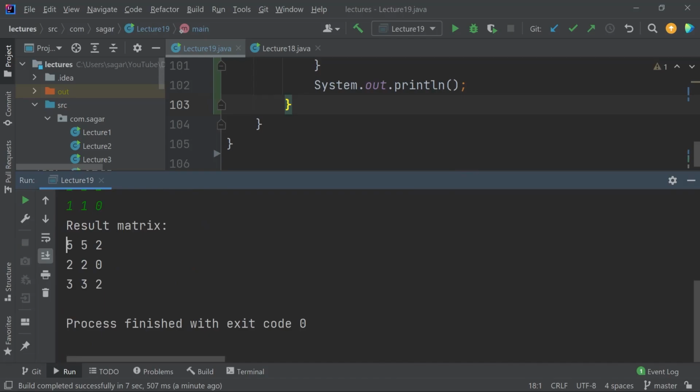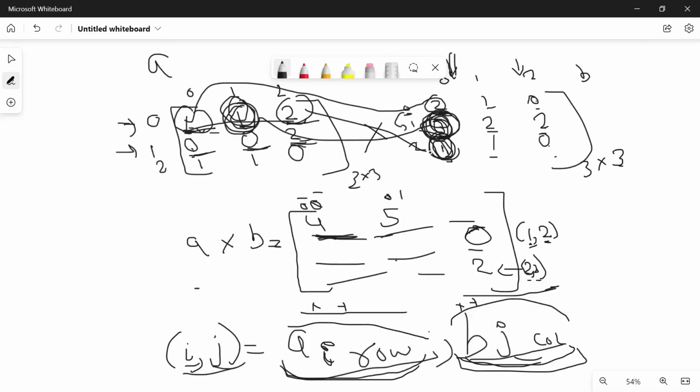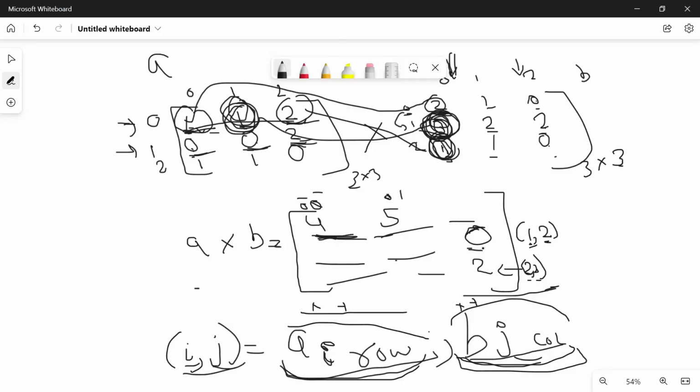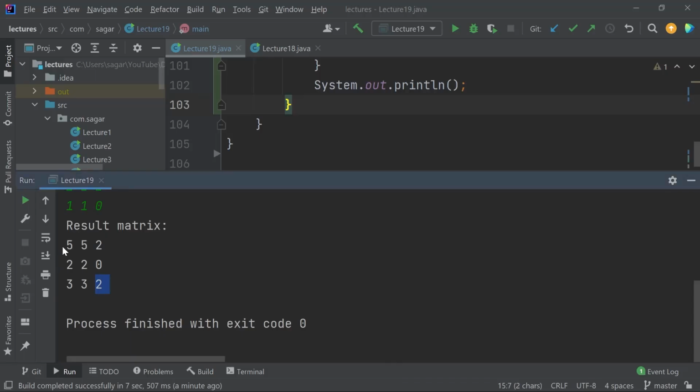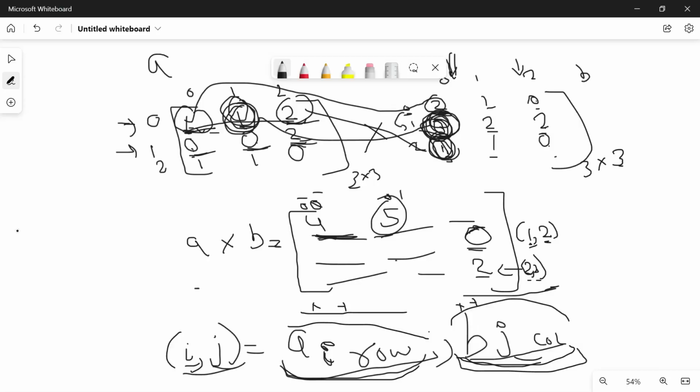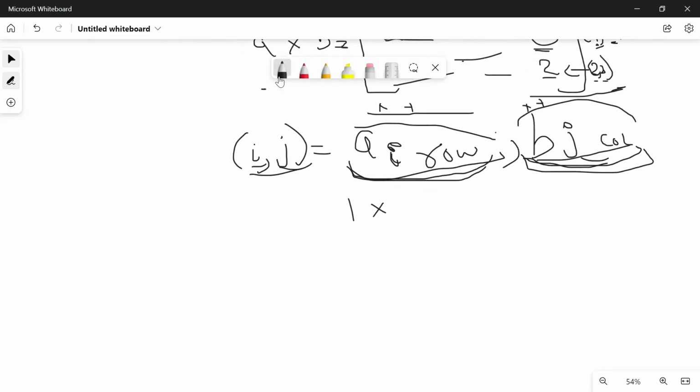So 5 5 2. I think there was some mistake. So 5 5 2, and after that this element is 0. So here it is 0, and the last element is 2. So here it is also 2, and this element is also 5 here. So I think this program is now clear, and let us just take an example where the number of rows is